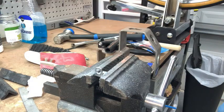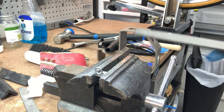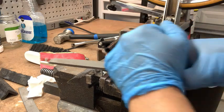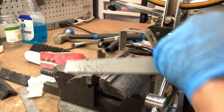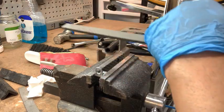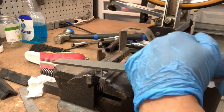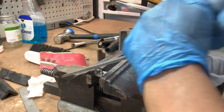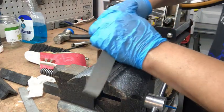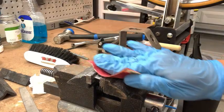Looks pretty good, but I think I'm going to file it down a little bit further. The other one seems to have a lesser space up here, so I'm going to just grind it down a little bit more, and then round out the corners. So I'll go like this first to flatten the top, and then I'll start working the corners like this. I'll go ahead and start playing with that right now. It's a little better. I'm going to go ahead and take some sandpaper now and just kind of,